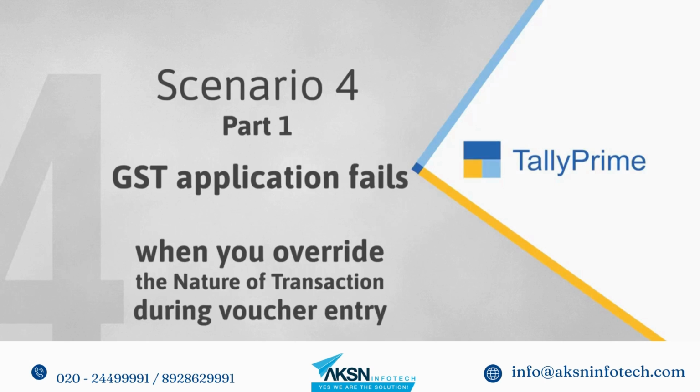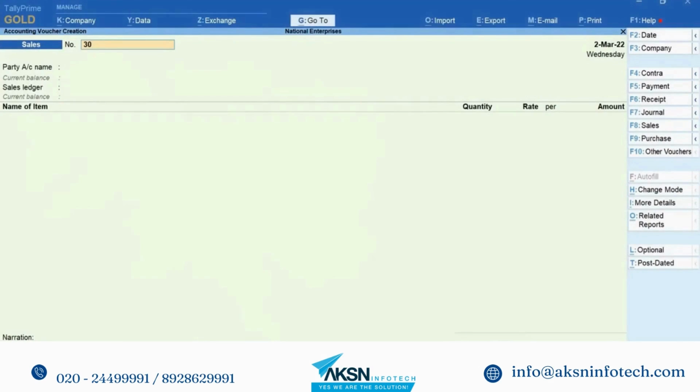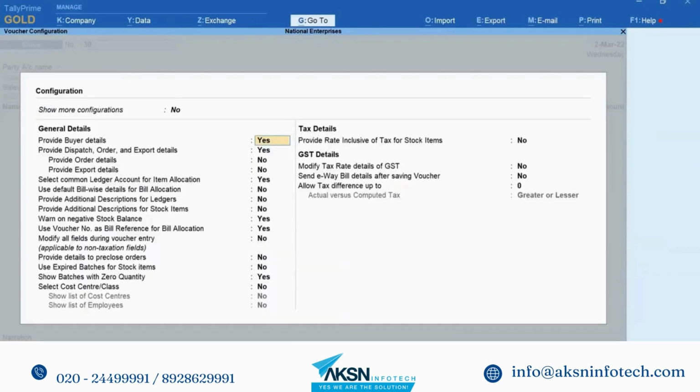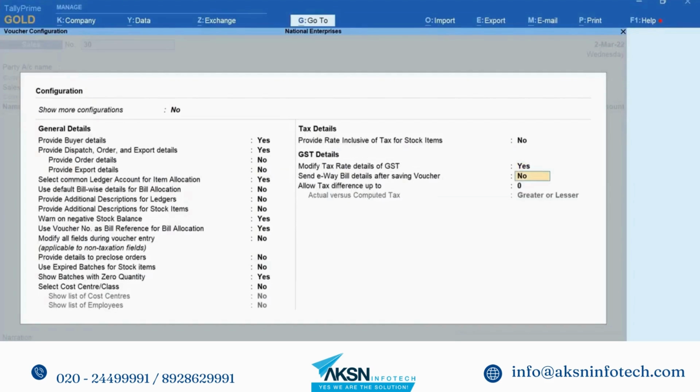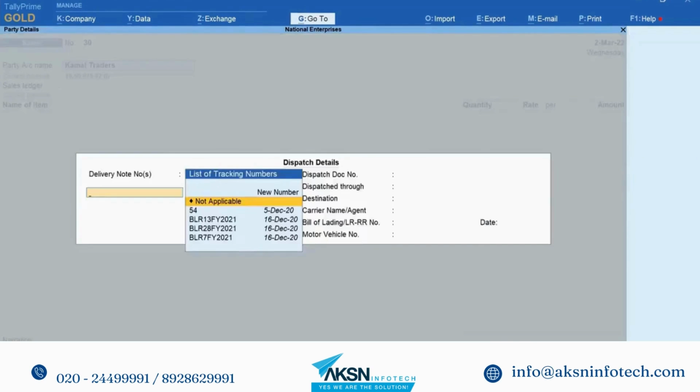देखते हैं यह गलती कैसे हो सकती है। सेल्स इनवॉइस में F12 दबाएं और मॉडिफाई टैक्स रेट डिटेल्स ऑफ GST विकल्प को यस सेट करें। इससे आप सेल्स लेजर में पहले से सेट किए हुए टैक्स रेट और नेचर को वाउचर बनाते समय बदल पाएंगे। Ctrl-A दबाकर बदलाव एक्सेप्ट करें। पार्टी चुनें। सेल्स लेजर चुनें जिसमें